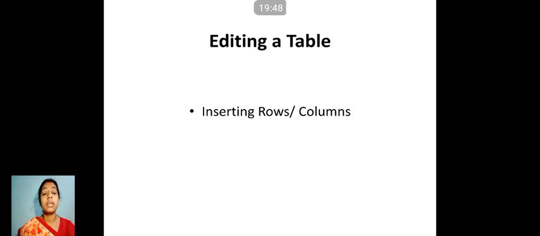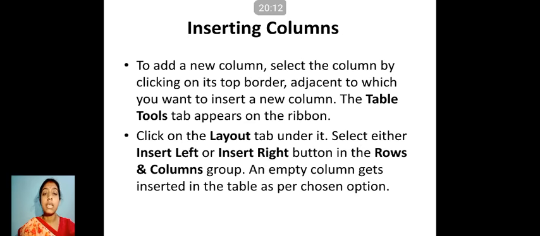Just suppose you have entered 3 subject marks. Now you want to enter one more subject's marks and you have not taken that particular column, so you can insert that particular column. Then what else can we do in editing? We can delete a row or column. Sometimes maybe you have taken an extra row or an extra column, so how to delete it? Now let's study these in detail.